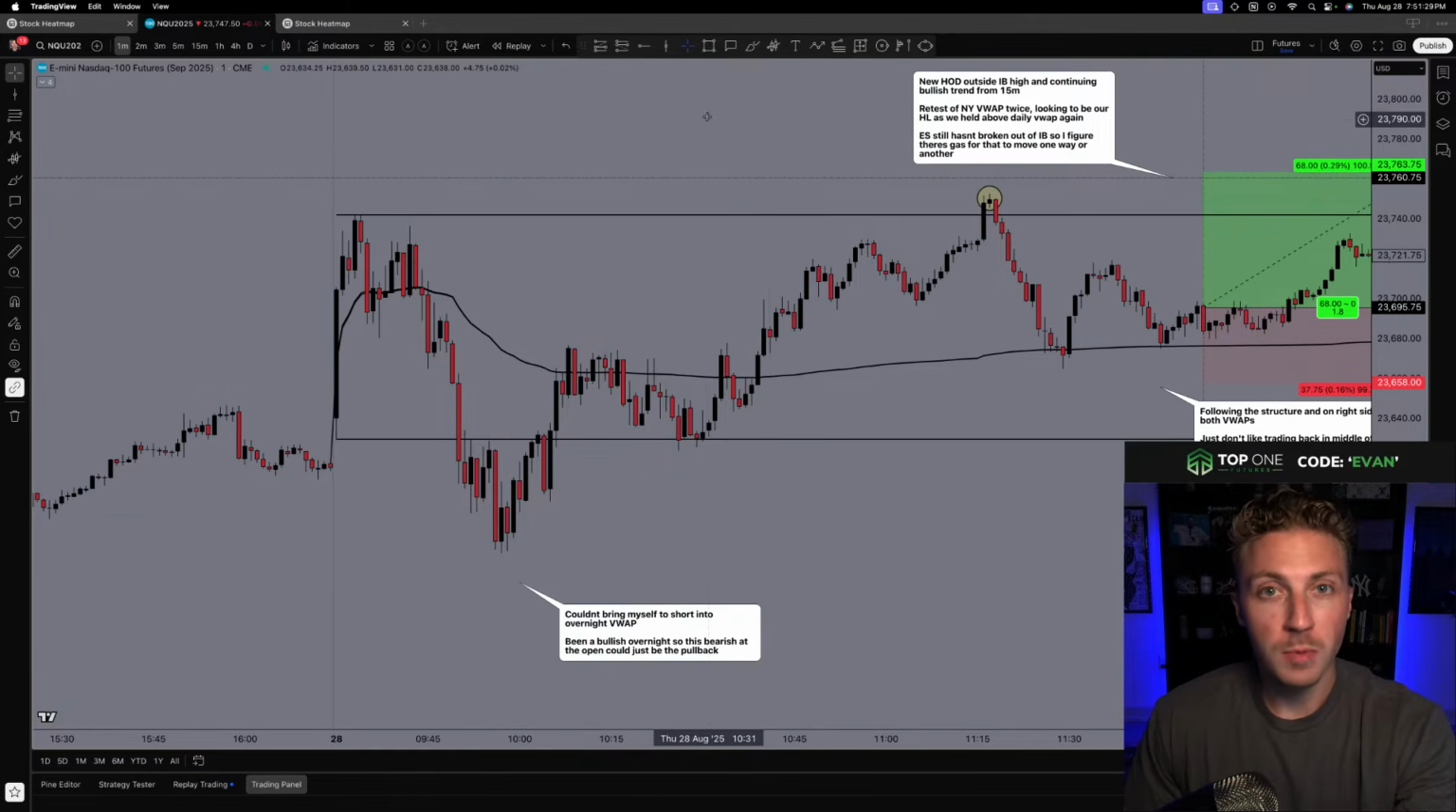So I have my notes here. Couldn't bring myself to short this at the overnight VWAP because, I mean, if you've read Futures 2.0, which